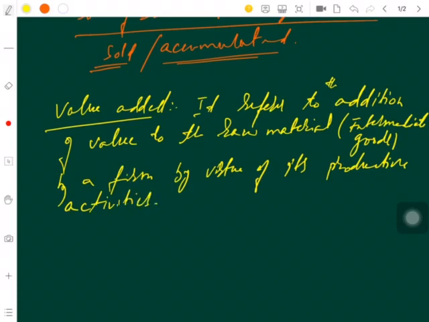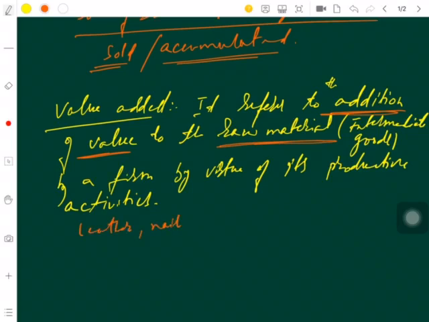So value added is referring to the addition of a value made or given to the raw materials. That means a particular person is buying some raw materials from the market. In case of our previous example, the shoemaker, this shoemaker has to buy many things. He has to buy for his production, let us say leather,